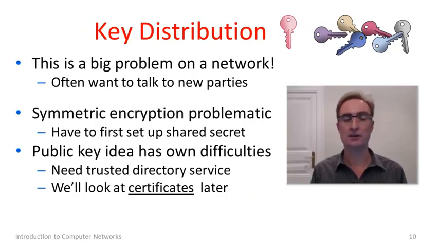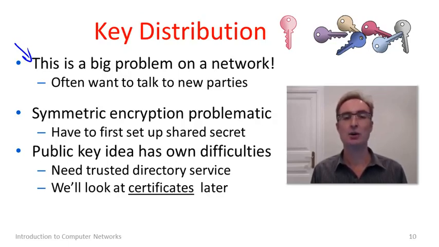So one of the difficulties, the key difficulty really, with these schemes has to do with key distribution. It's a big problem, a major problem on the network. Now, if we were all just spies, maybe it wouldn't be such a problem, because presumably there are a small number of spies and we have long-standing relationships and we can set up a key between us ahead of time. Maybe we needed to meet to ensure there was some trust